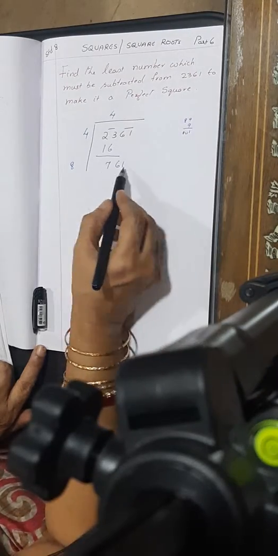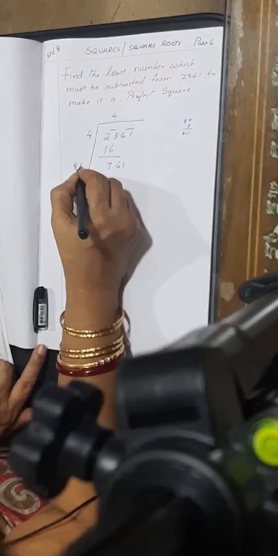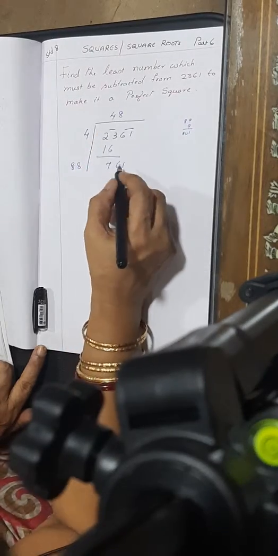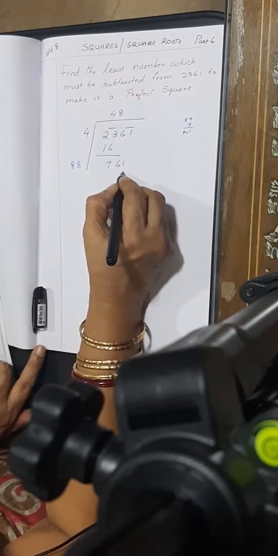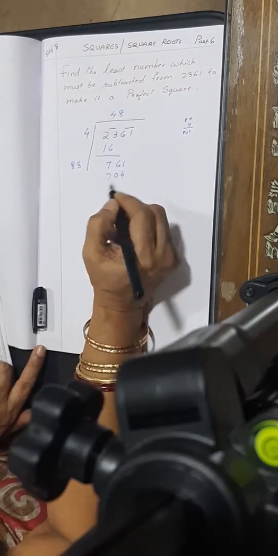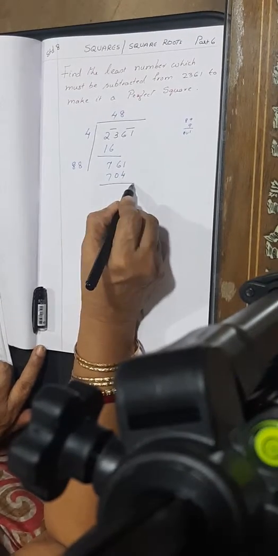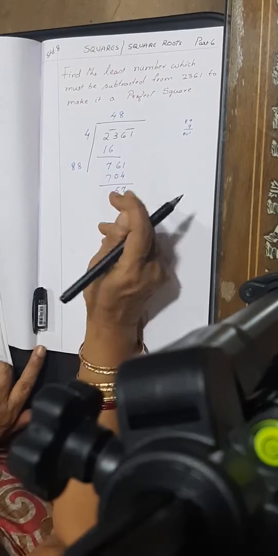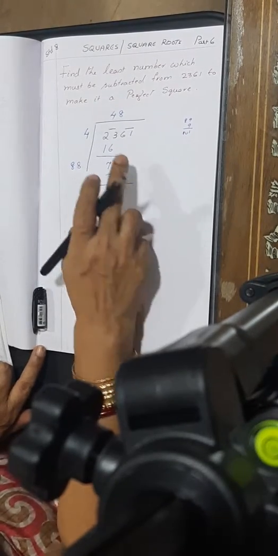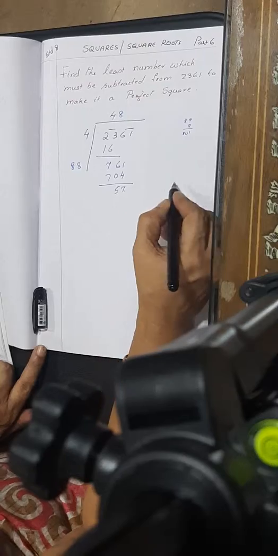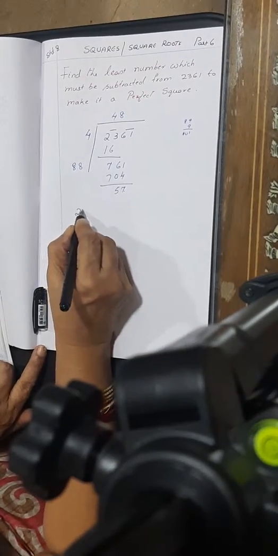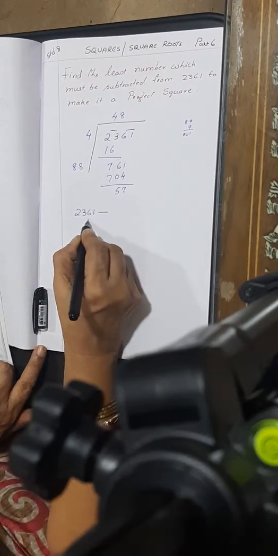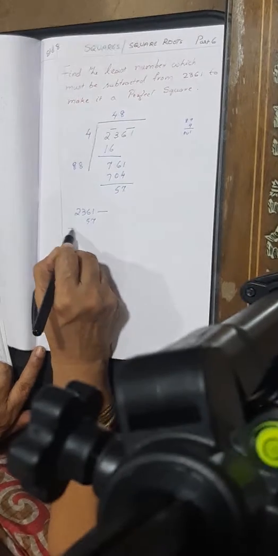It is greater than 761. So, we can try 8. So, 8 will go. So, this will become 704. So, now subtract, you get 57. Now, if you subtract this 57 from this number, so 2361 minus 57, you will get